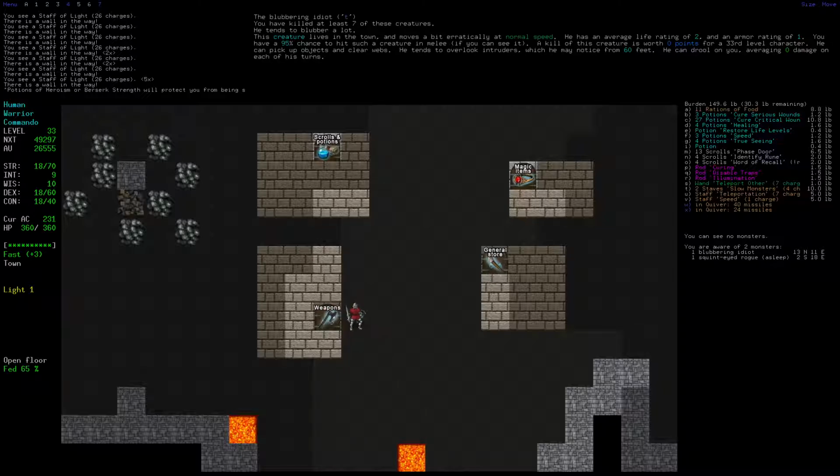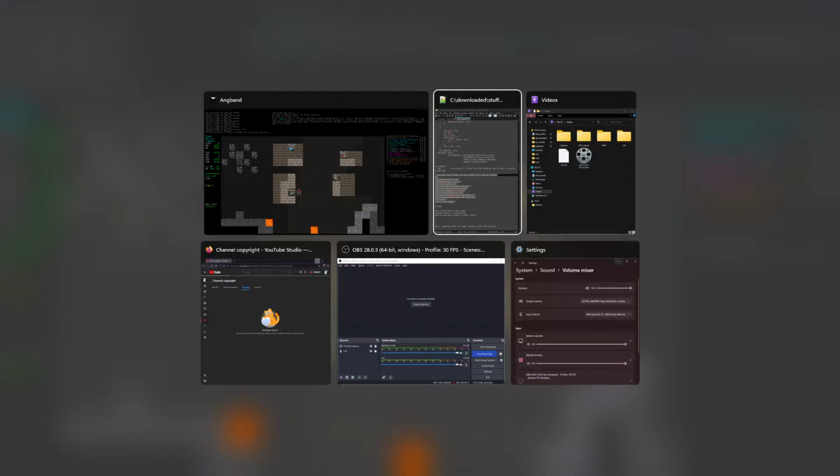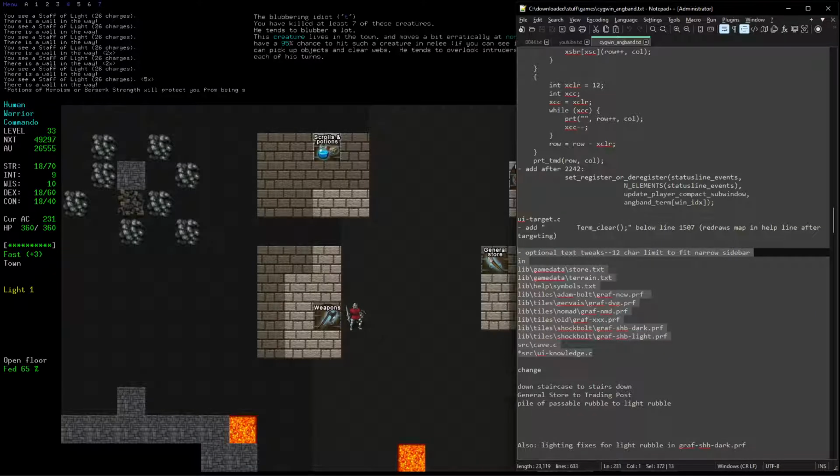But anyway, so that was three little text changes I made to fit text neatly in my sidebar. The thing is that just those 3 changes in text required changing all of these, 10 files in the game,